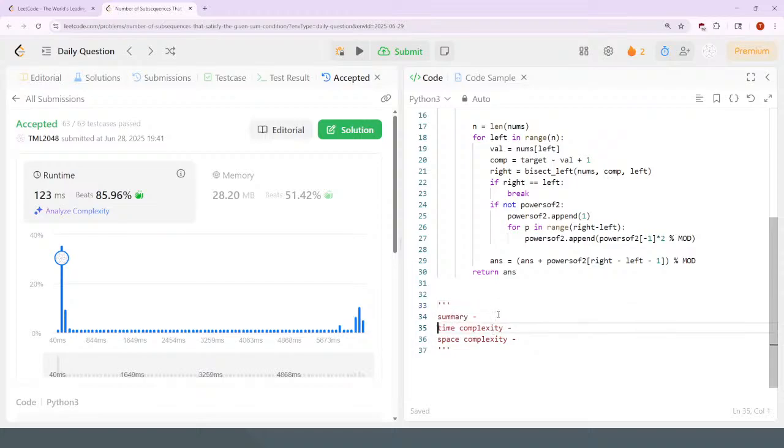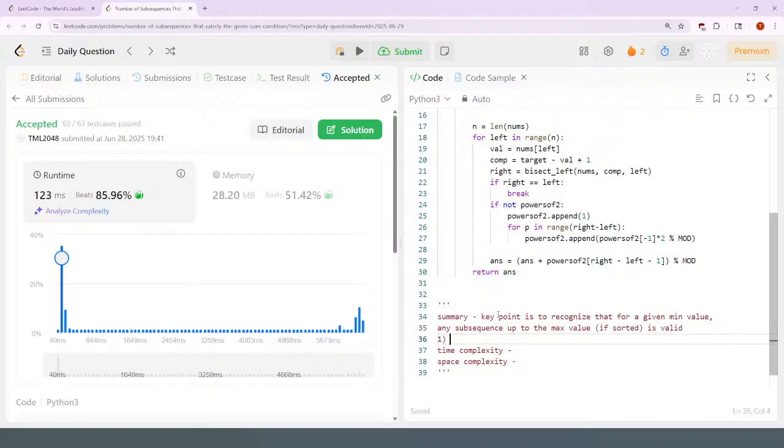Summary, I'm going to call this, I guess it's really not a sliding window at this point, but the key point is to recognize that for a given min value, any subsequence up to the max value of a sorted array where min is valid. So steps would be to sort array,